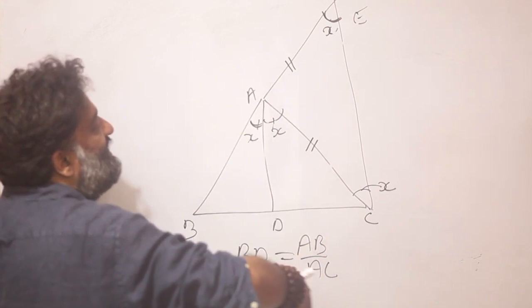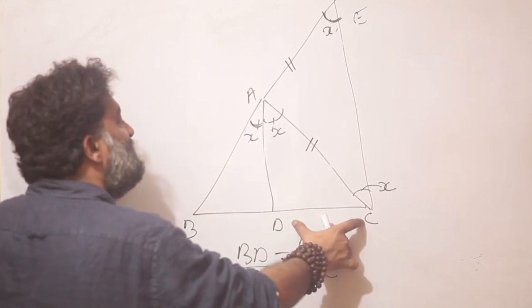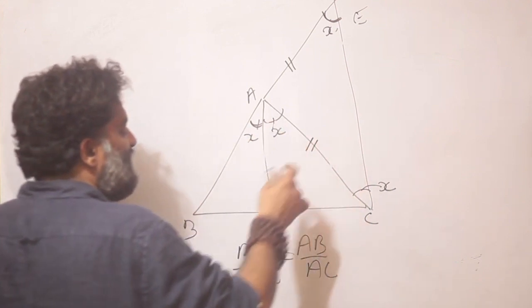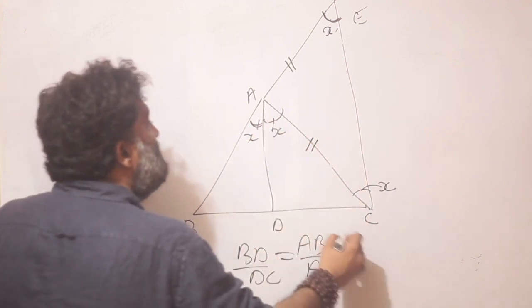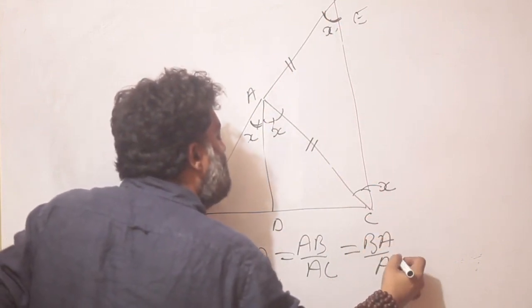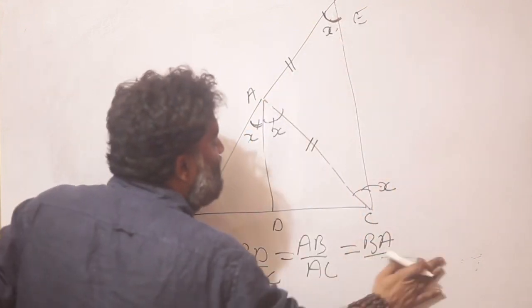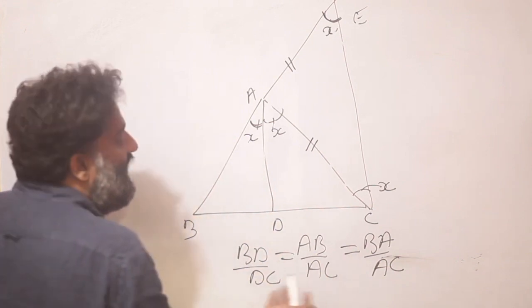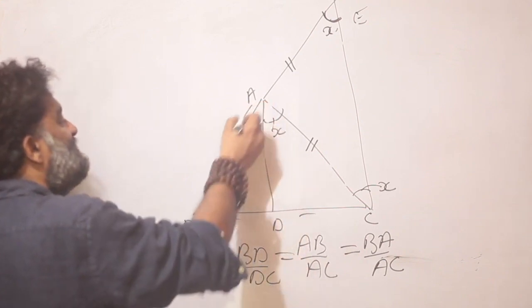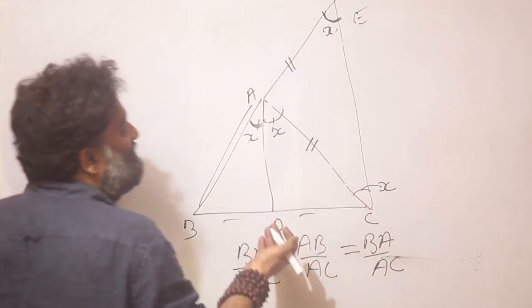This is a parallel line cutting across the triangle. So again according to similarity, BD upon DC is going to be equal to BA upon AE, using similarity or basic proportionality. And you just looked at how AE is the same as AC. So instead of AE, I can write AC. And I'm done because that is what I wanted to prove, that BD upon DC, this part is to this part, is the same as this part is to this part. But how did I do that? Using similarity or basic proportionality theorem.